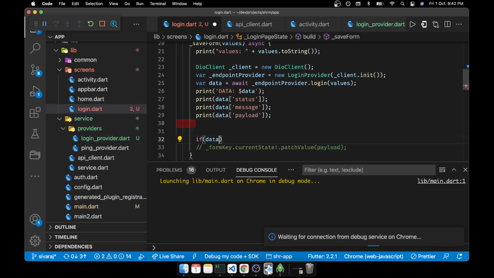Why do we want to use this? payload exclamation dot access token. Then we can do this part.